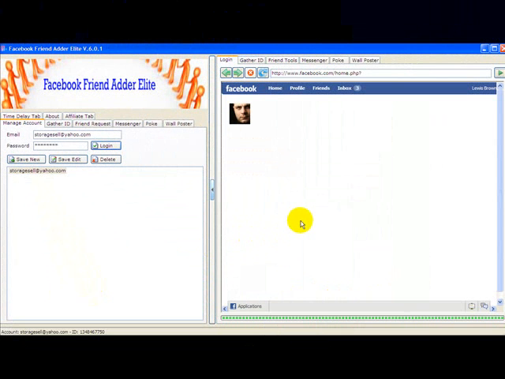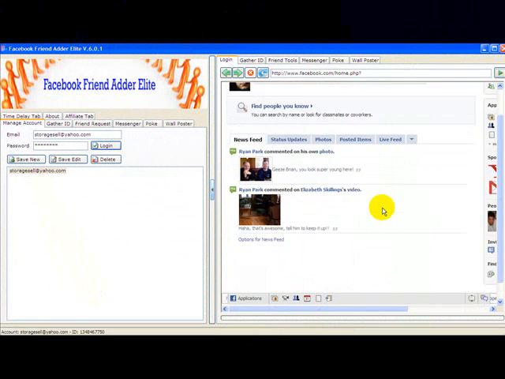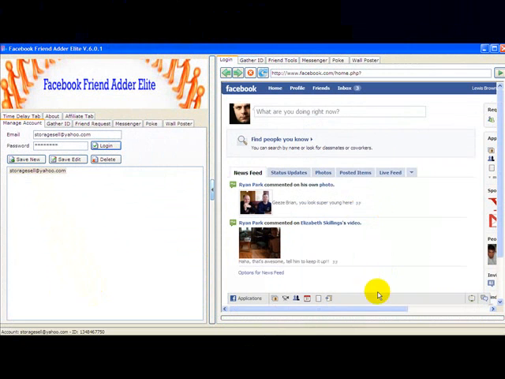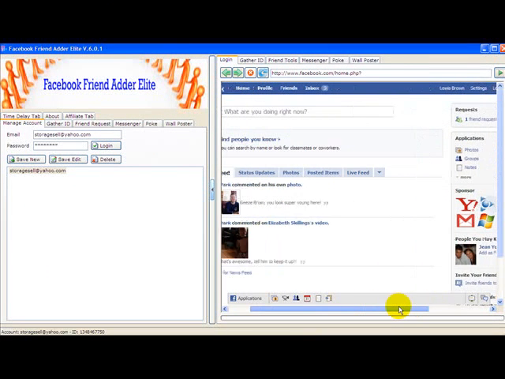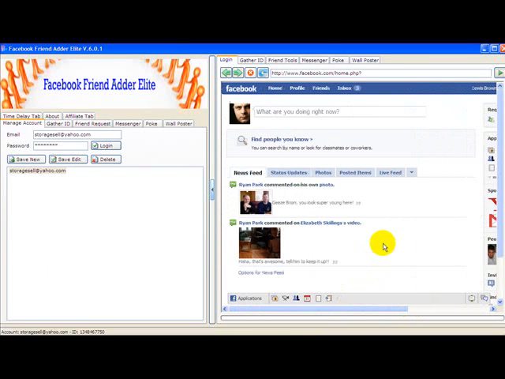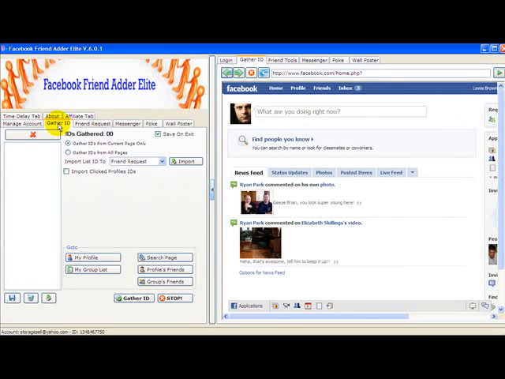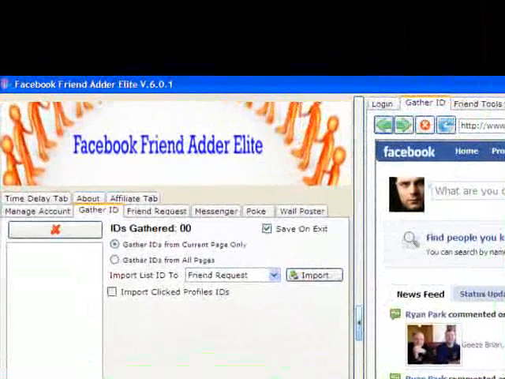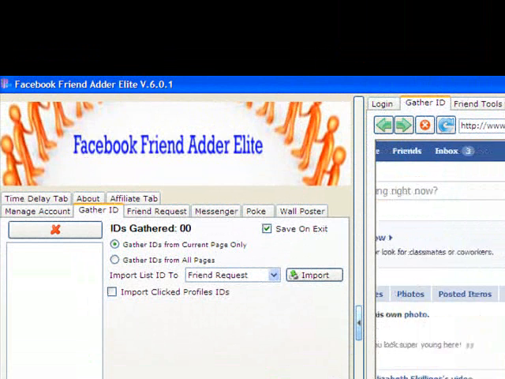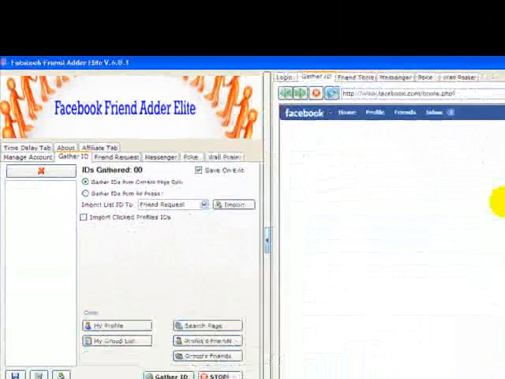And as you can see, I've entered my profile page, and now I'm going to show you how we're going to add friends, or at least gather IDs, so that we can send messages or send a wall post or a poke. So I'm going to show you how to do that. Now let's just say we want to start gathering IDs, so you'll click on the Gather ID tab, and just for demonstration purposes we're going to go into a group, and you click on Groups,